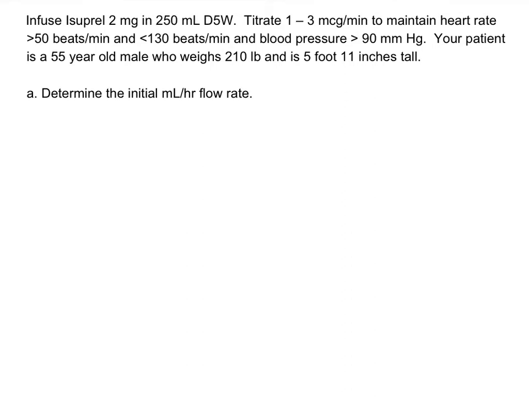But since we're not given a clear indication of give this amount, we're going to start with the minimum amount. So what is the initial milliliter per hour flow rate? We're going to take that minimum dose of 1 microgram per minute, and when we're done with our dimensional analysis, we need to convert that into an equivalent form of milliliters per hour